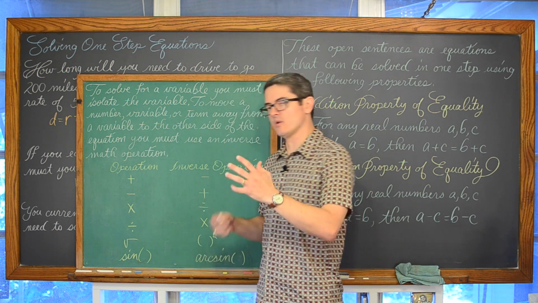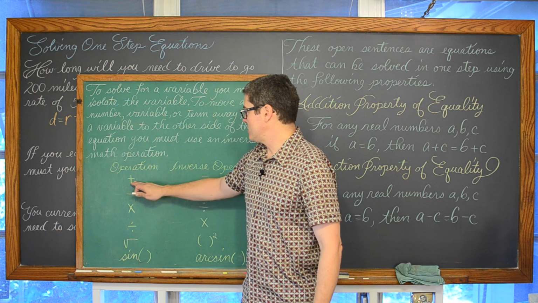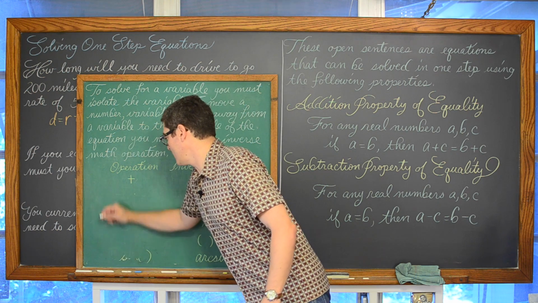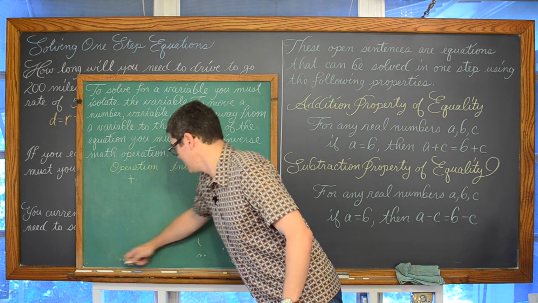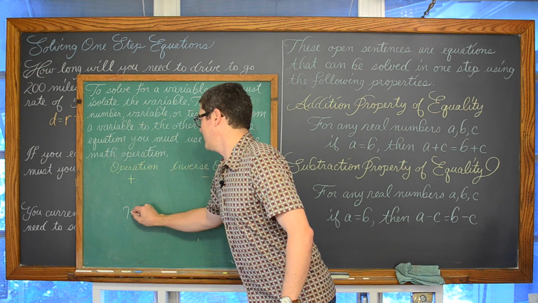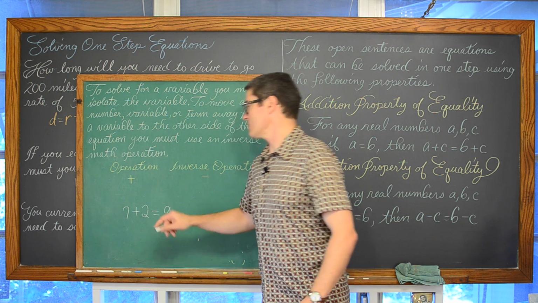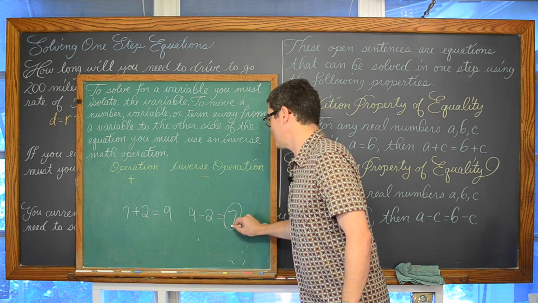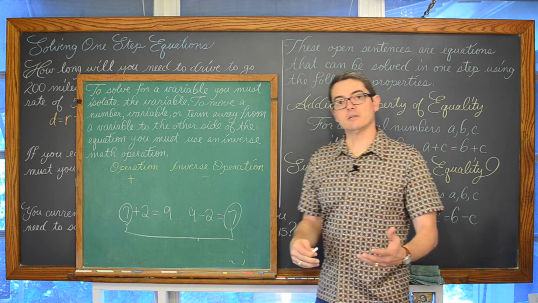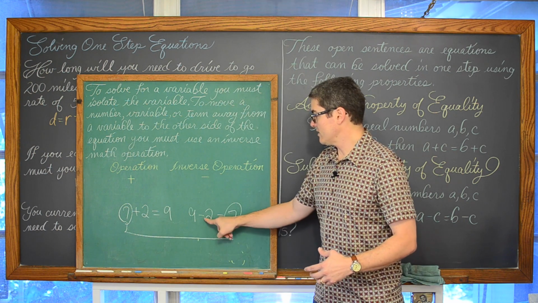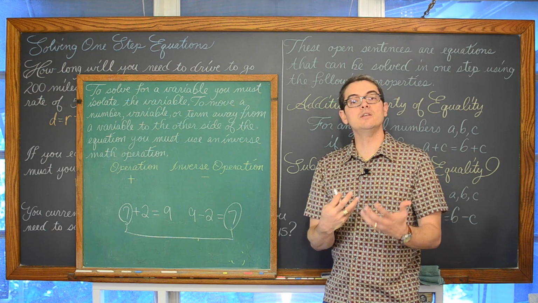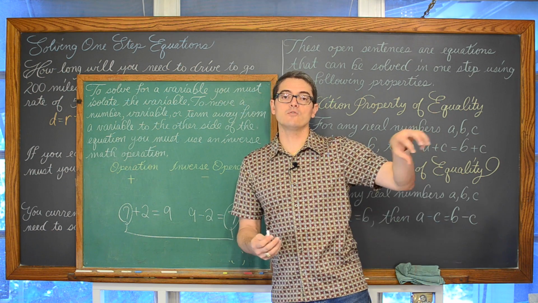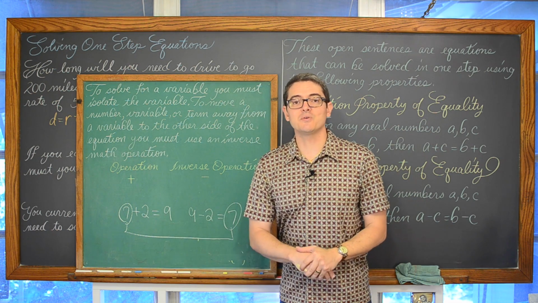And just to really drill this home, to show how addition and subtraction are inverse math operations, I could start with a value of, let's say, 7, add 2 to it, and of course I get 9. Now if I take 9 and subtract 2, I get right back to 7, which is where I started. So you can see that the addition of 2 and the subtraction of 2 are undoing each other. And that's how you move a term or a number from one side of an equation over to the other. Now let's get on to those 6 examples.